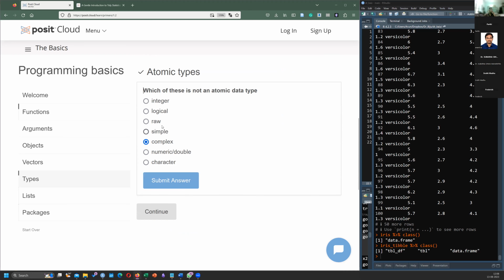Incorrect. Numeric. Integer. We have to try everything. Logical. Simple is the answer.